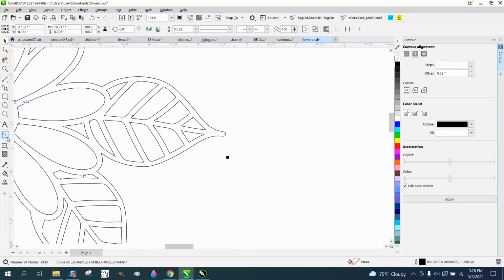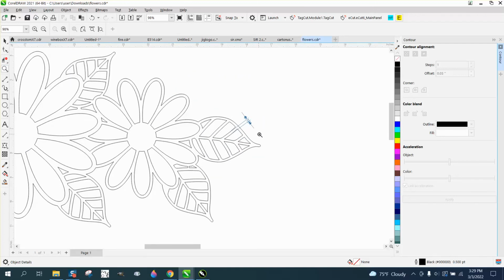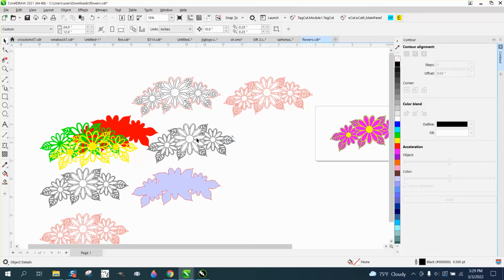Let's just take the parallel dimension tool. That's less than 1/8 of an inch. I think that's saying 0.10. And 1/8 of an inch is 0.125. So that would work. And this, just one more, and for anybody doing this,